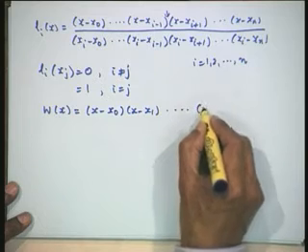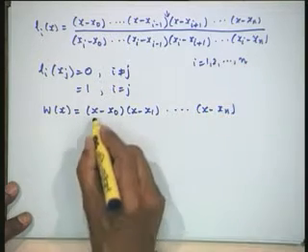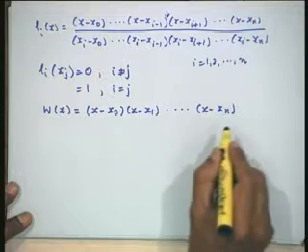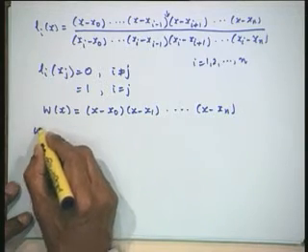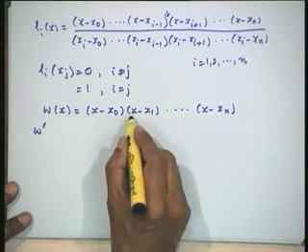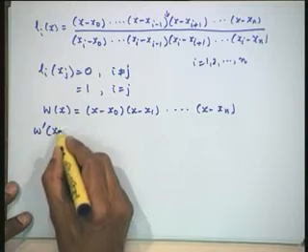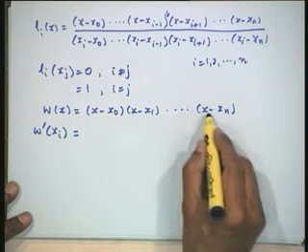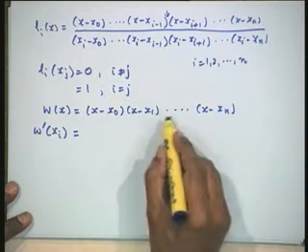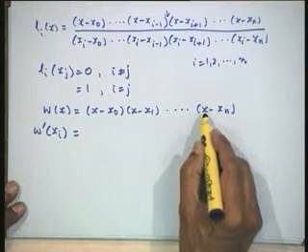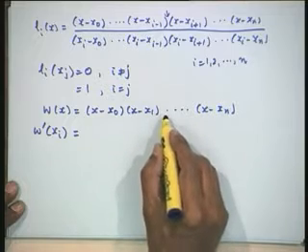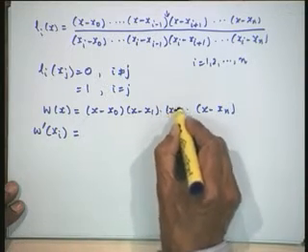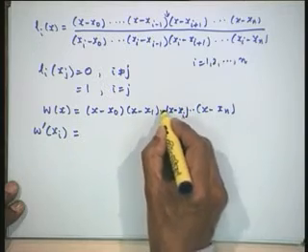So, these are the products using all the abscissas: x minus x naught, x minus x 1, and so on up to x minus x n. Then let us find out what is the derivative of this with respect to x, but at xi. These are n plus 1 factors. Therefore, if I differentiate there will be n plus 1 terms. There will be only one term which will not contain this particular factor, x minus xi.